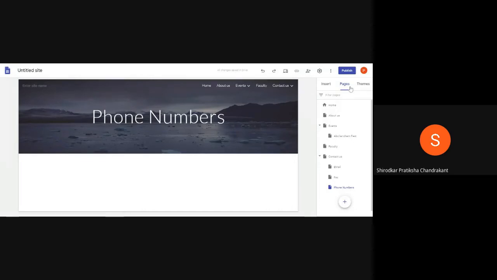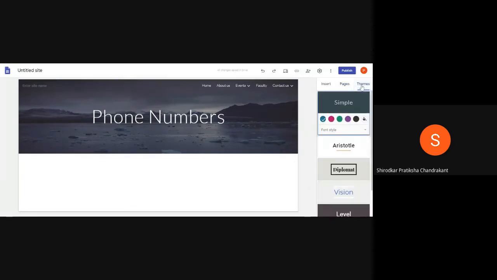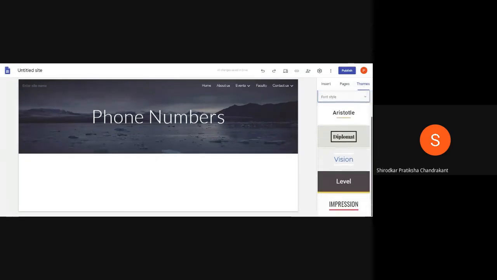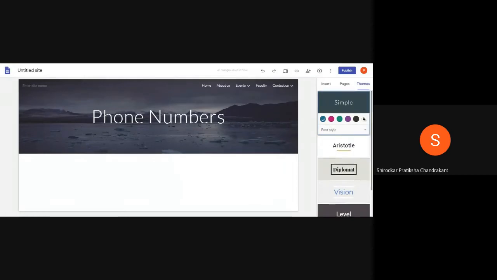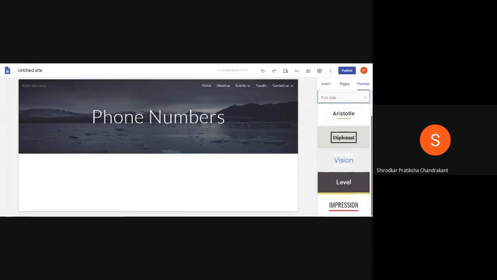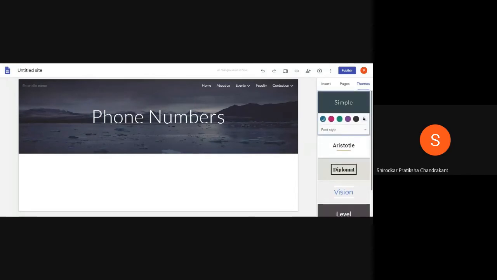Now what we can do is we can just go to the third tab, that is themes. Now there are various themes that are available by default, which are simple, Aristotle, Diplomat. There are various ones, vision, level, and impression. They are present there by default. So if you click on any one of these themes, it will change entirely the way your site looks.